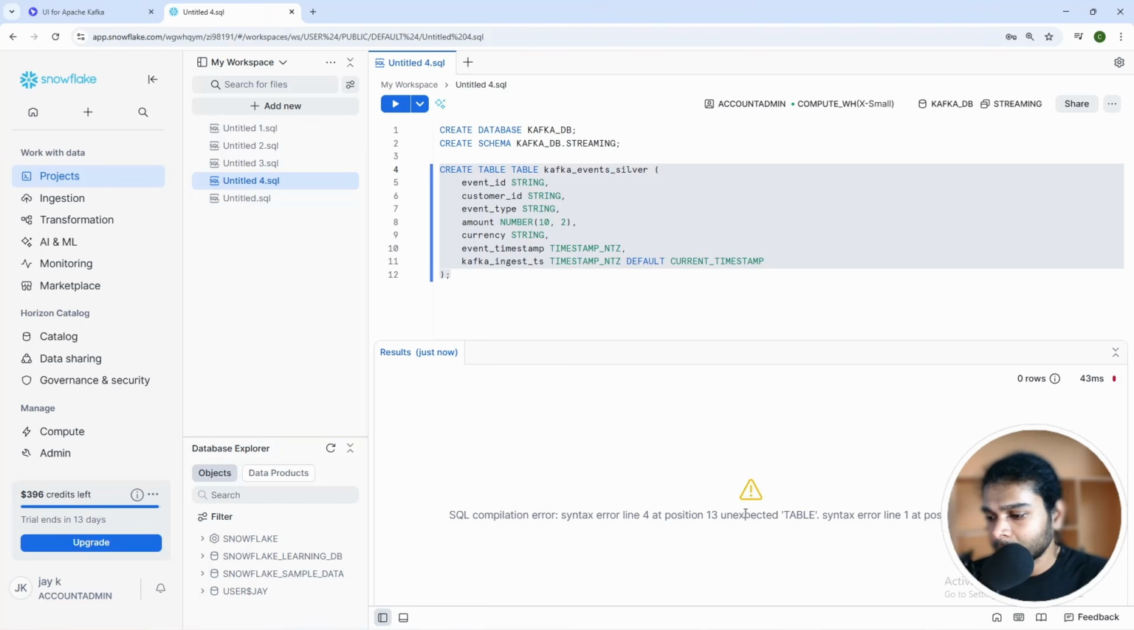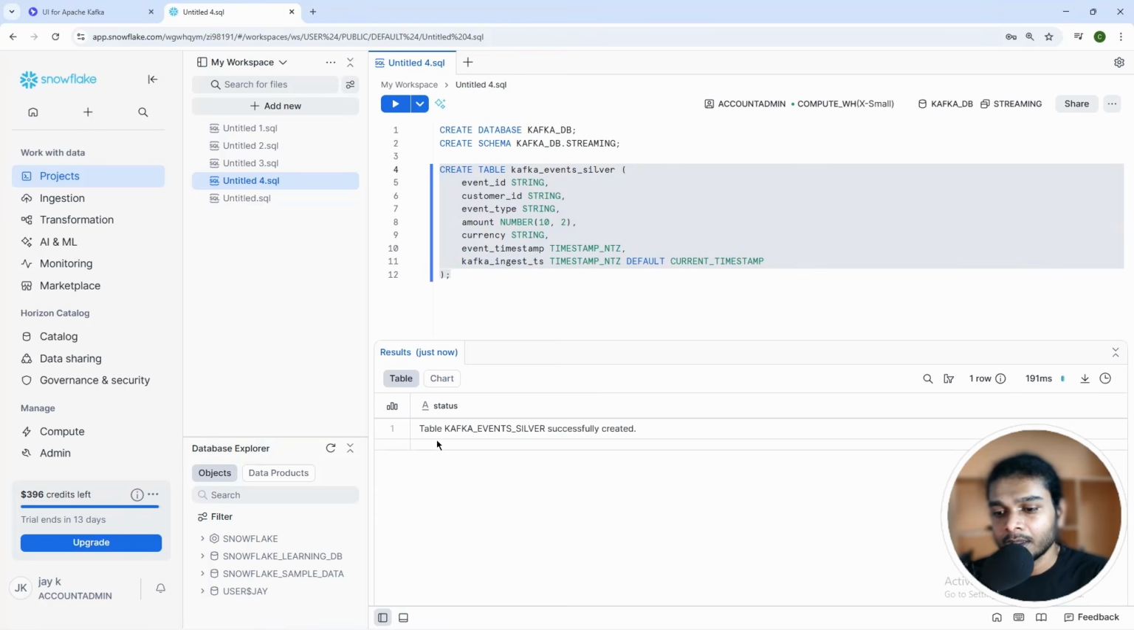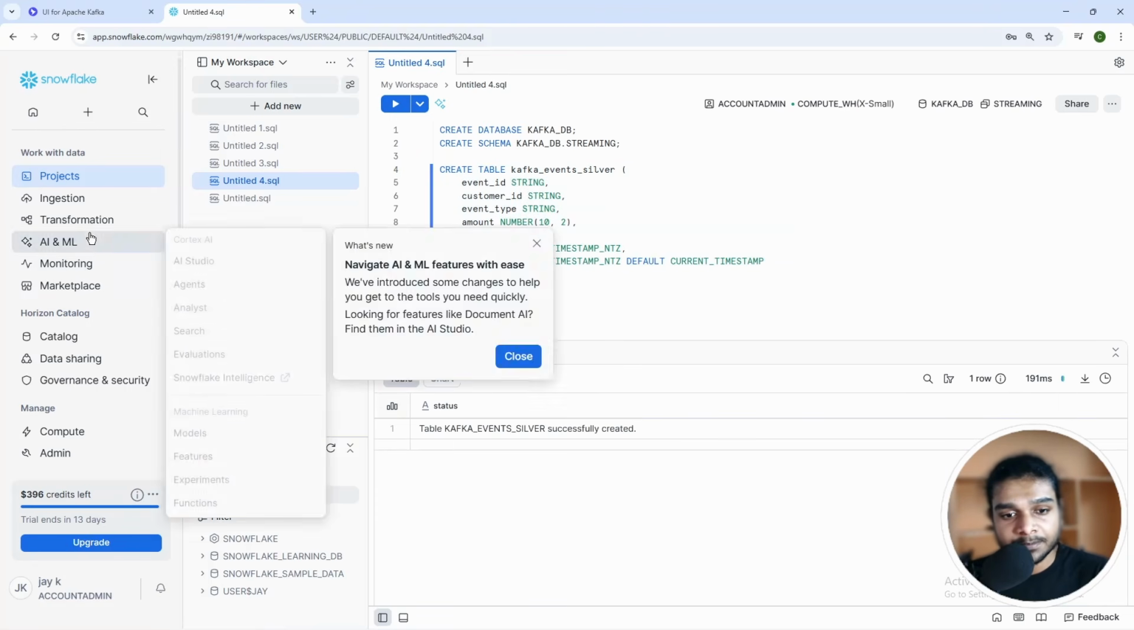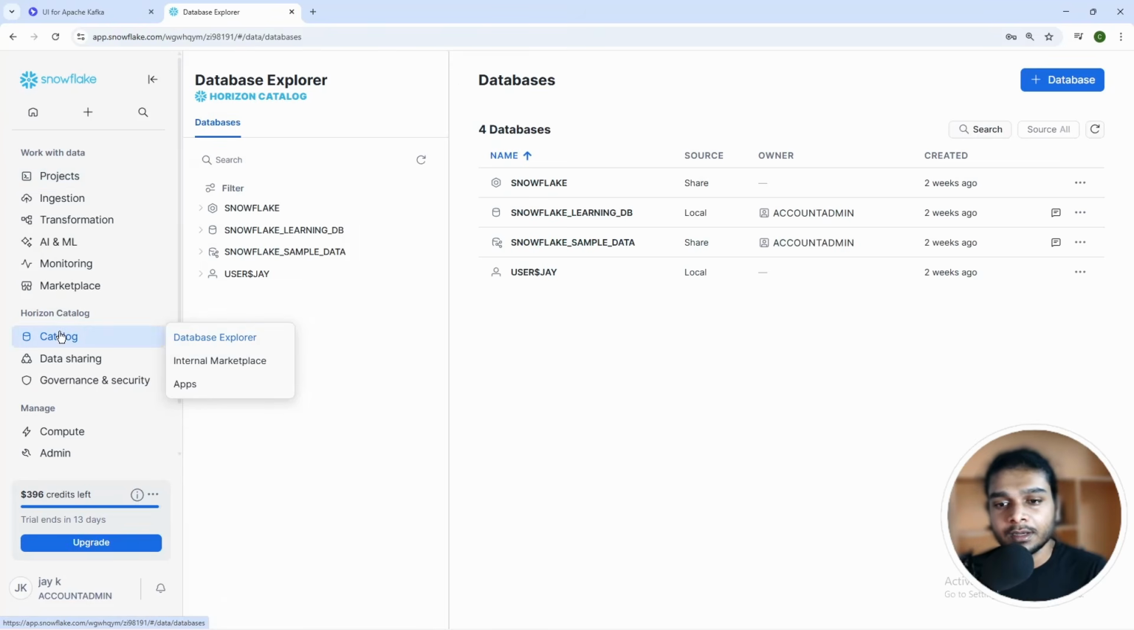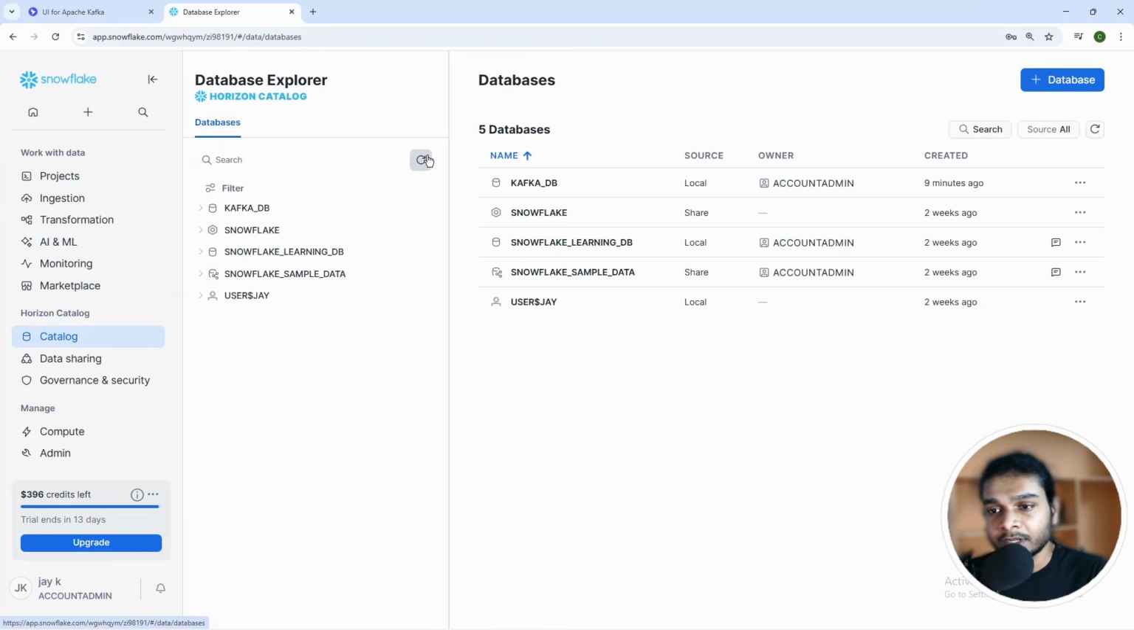Okay, unexpected table. Okay, we used create table and table twice. So that should be it. Now run this. Okay, Kafka event silver successfully created, which means if we switch to catalog on the left pane, right here, click on it and refresh this,